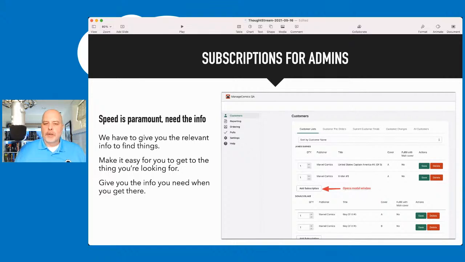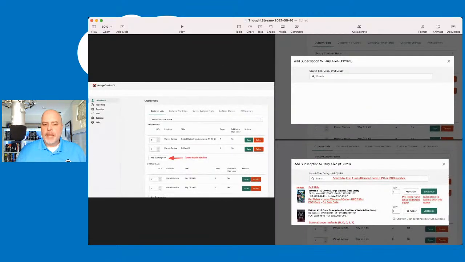a little obscure. So what I want to do is add the ability to search for a title, a code, ISBN or UPC. And then we would show you the image, the full title. So all this information that's in the lower right-hand corner. And then you can set quantity, pre-order, subscribe. So if somebody wants to subscribe or to pre-order just Batman 113 cover C, you'll be able to do that